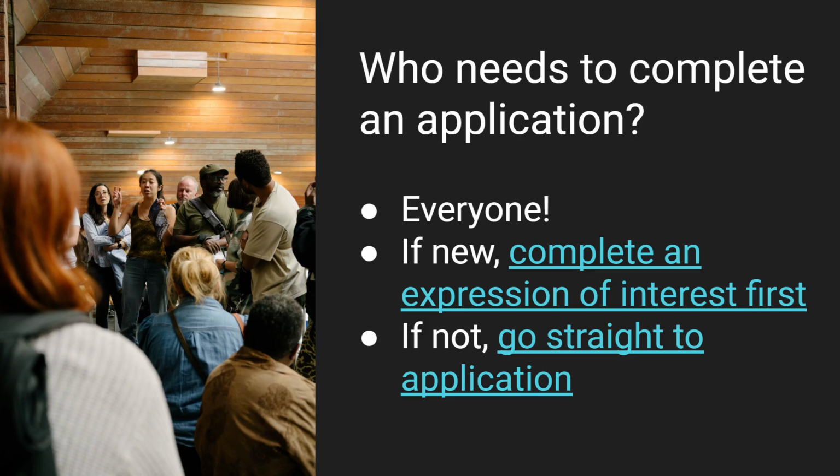But if you're new, so if your building or event has never been in the festival before, then you've got an additional step before completing the application form. You also need to complete an expression of interest form. You need to do that first. There's a link here in the slides. These slides will be available next to the recording, so you can click on those. And there's also one of these sessions specifically on completing the expression of interest form, which you'll find on the same page above this recording. So if you are brand new to the festival and you need to complete an expression of interest form, go and have a look at that and have a click on that link.